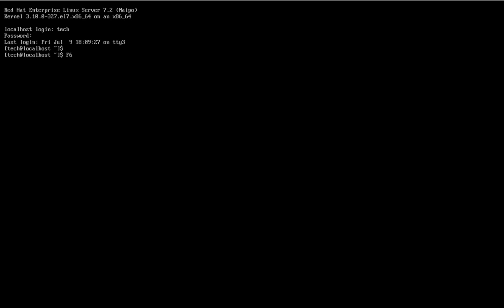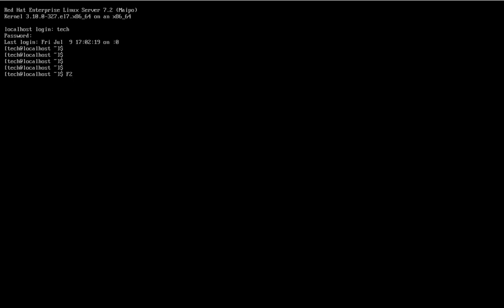Now if I move from here, let's say I want to go to F2, so I will press Alt Control F2, and you can see F2 there. This is the F2 terminal. I want to go to F3, so I press Alt F3, F4, F5, F6, F3, F2.